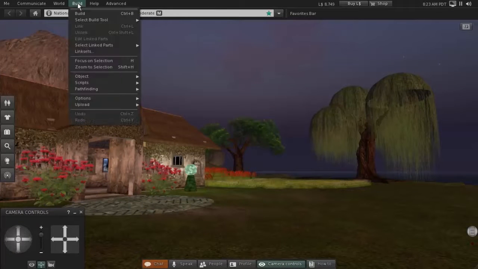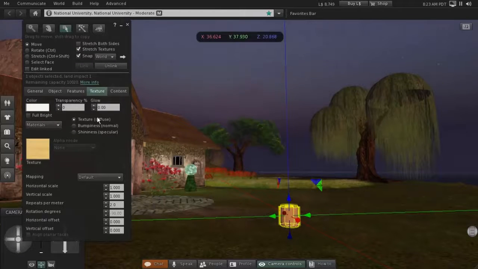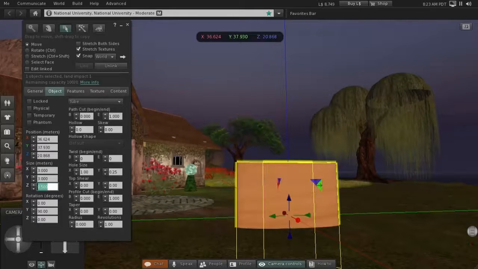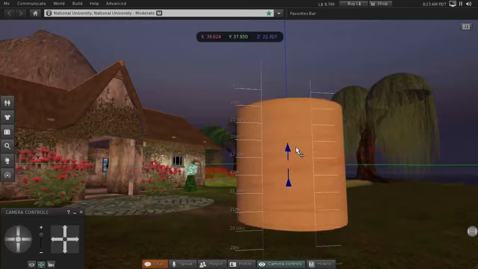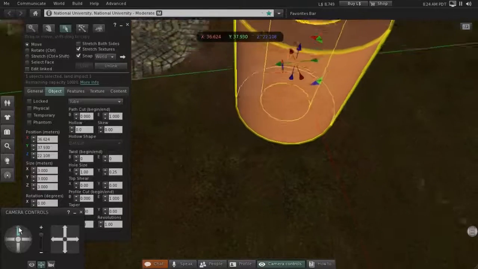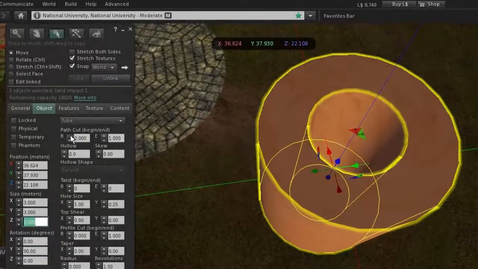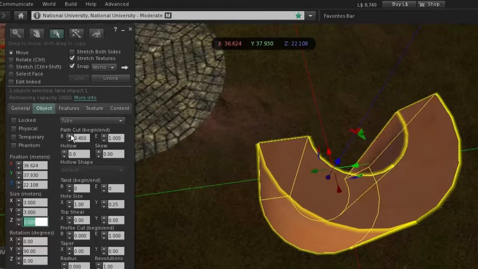Now let's go through these steps again. Click on Build. This time let's select a different shape. Let's select this shape. Since this is a rounded thing, we're going to click on Object and make sure the X, Y, Z size are all the same. Let's pull it up out of the ground. Now we can hollow this out or we can cut it, whatever we want to do. Let's turn it upside down and let's turn it into something else. We can use the Path Cut tool here and turn it into, I don't know, a thing that looks kind of like a kiosk. And once that path is cut,